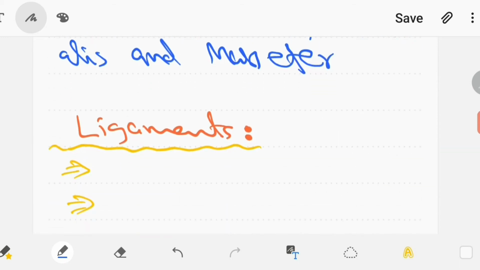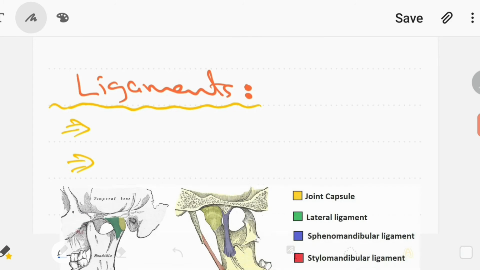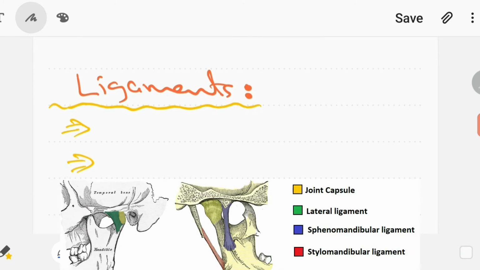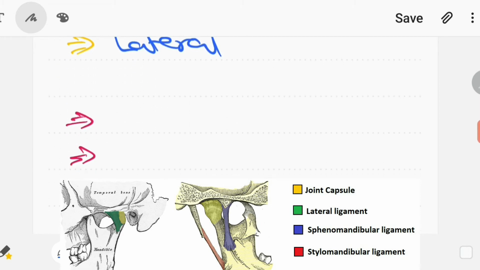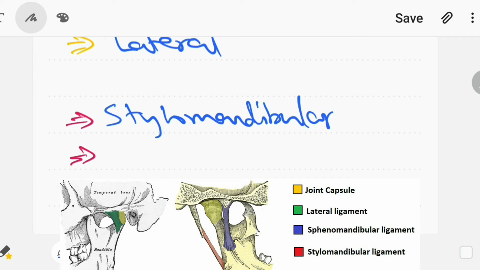So the ligaments which support the temporomandibular joint are extrinsic and the lateral ligaments. They are responsible for the connection between the mandible and the cranium. Extrinsic, lateral ligaments. So the stylomandibular ligament does not contribute significantly to the strength of the joint, but the sphenomandibular ligament passively bears the